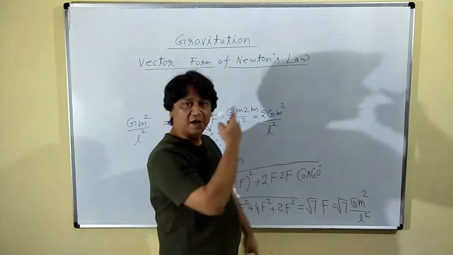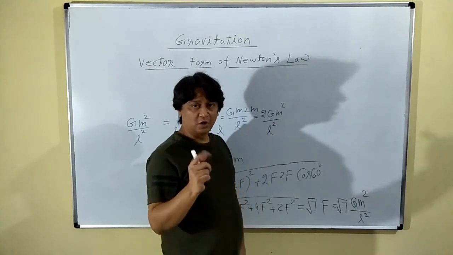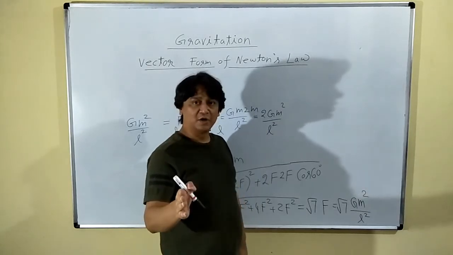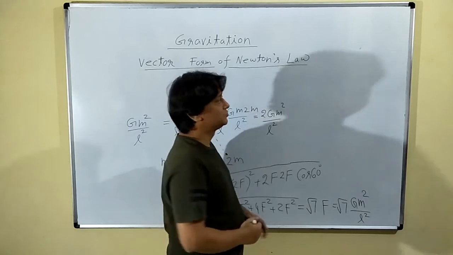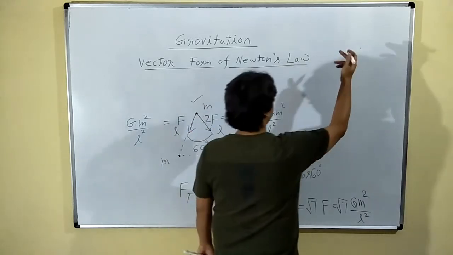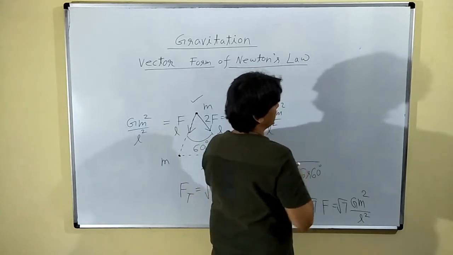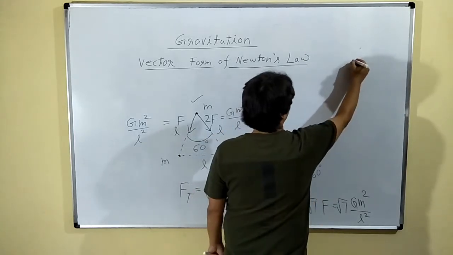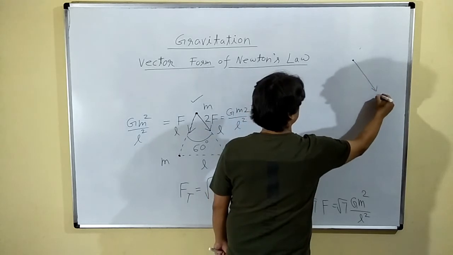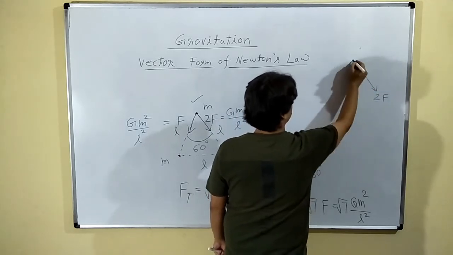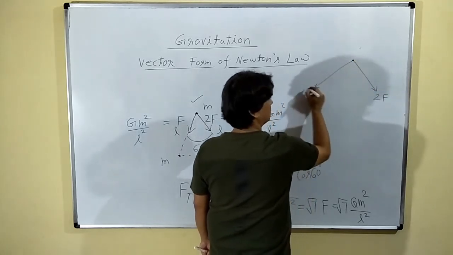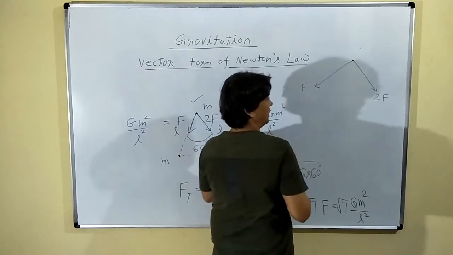How do we decide that? Let's go for the second method. Resolve these vectors, write them down in terms of i cap and j cap, चीजें हो जाएंगी. तो सेकंड मेथड क्या बोलता है? सेकंड मेथड ने बोला कि भाई, एक तो ये 2F था, this is F, and then